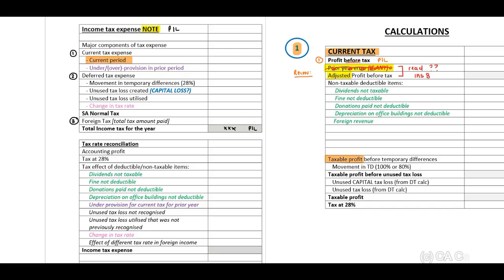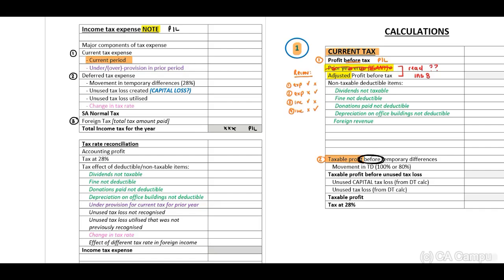Right, now how do we do this? We have our reconciling items. Remember, we might have expenses which are allowed for accounting but not for tax. We might have expenses which are not allowed for accounting but allowed for tax. We might have income which is allowed for accounting but not for tax. And we might have income which is not allowed for accounting, however allowed for tax. Remember your reconciling items. Then we will get to an amount, which is our taxable profit before, look at this,